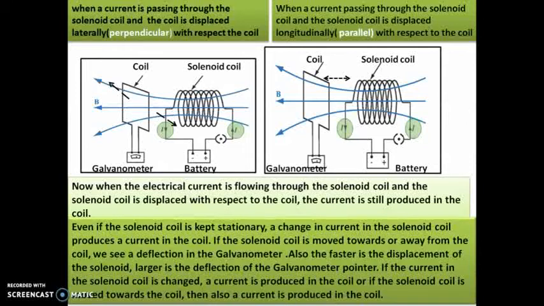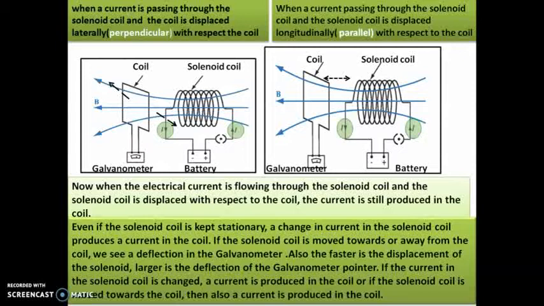Deflection means some kind of electric current is introduced in the coil. And if the solenoid coil is kept stationary, a change in the current in the solenoid coil produces current in the coil, that we saw in the previous slide. And if the solenoid coil is moved towards or away from the coil, still we see the deflection in the galvanometer. Okay, children, so the moral of the story is, as long as you are moving the solenoid coil up or down or away or towards the coil, in all cases current is going to be produced. Okay, so that is the effect